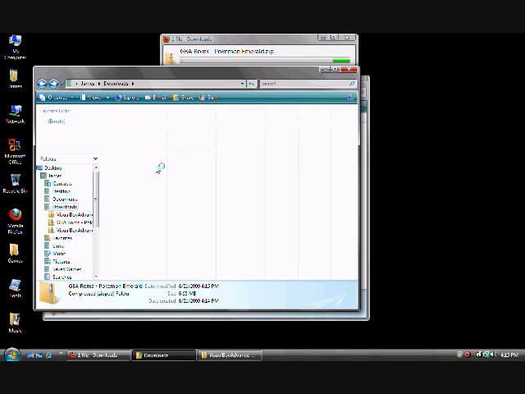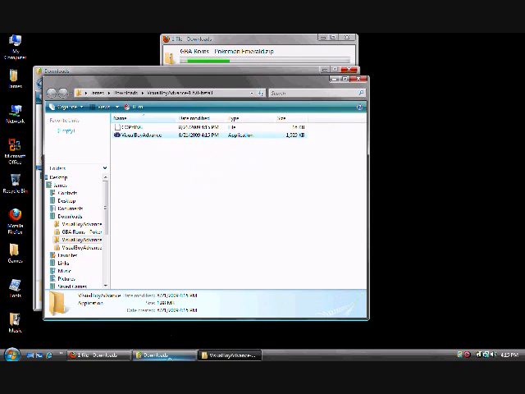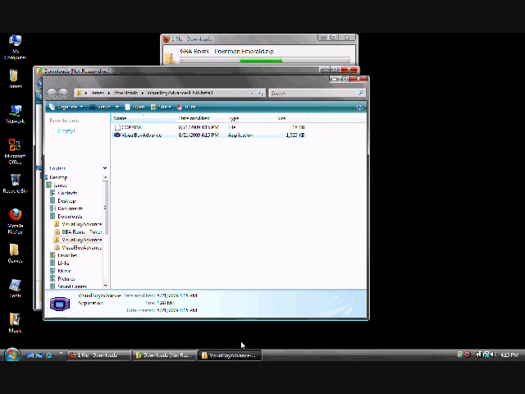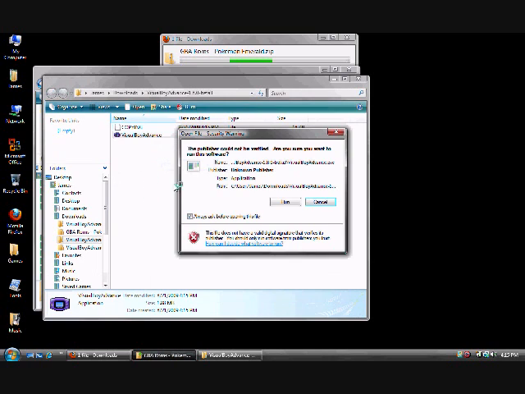Okay, so while this is loading, you want to go down and click on your emulator. Sometimes it's a little slow. Sometimes you have to install it. Sometimes you just have to click on it every time. It's always different. So do your best to figure out what you got to do, but for the most part, it's not that hard. You want to click Run,